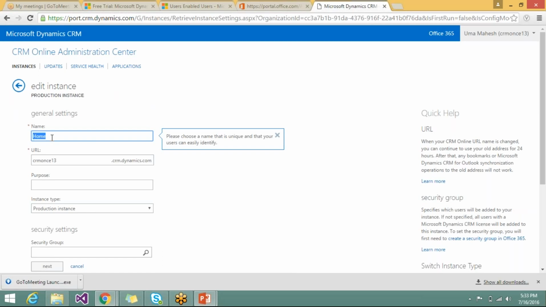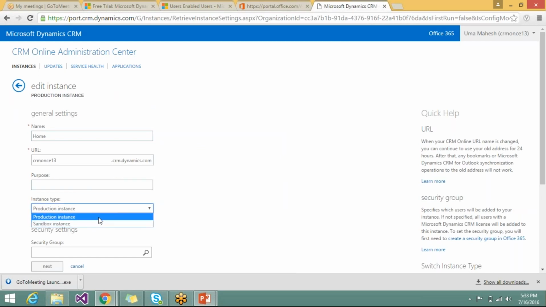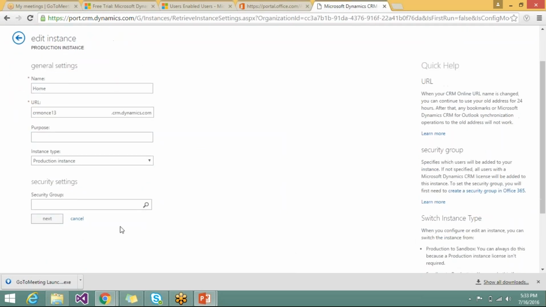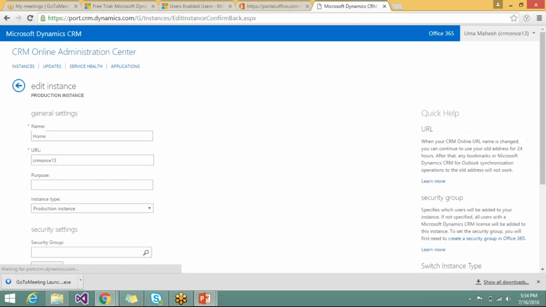And here we can change your purpose, and whether the instance type is sandbox or production, we can change it. And the security group, we can change it. Once you click on next, we can see whatever we have changed.